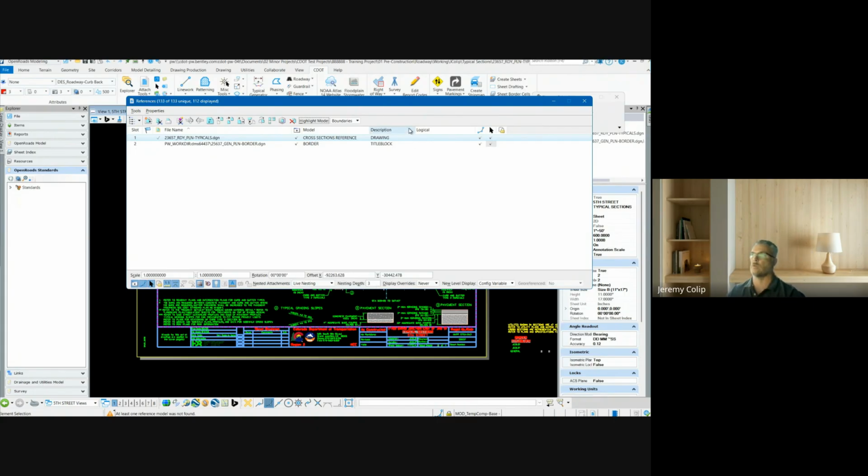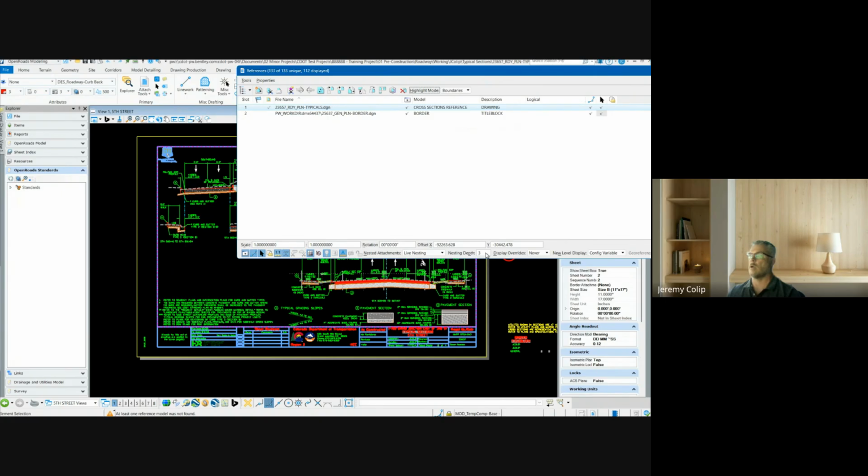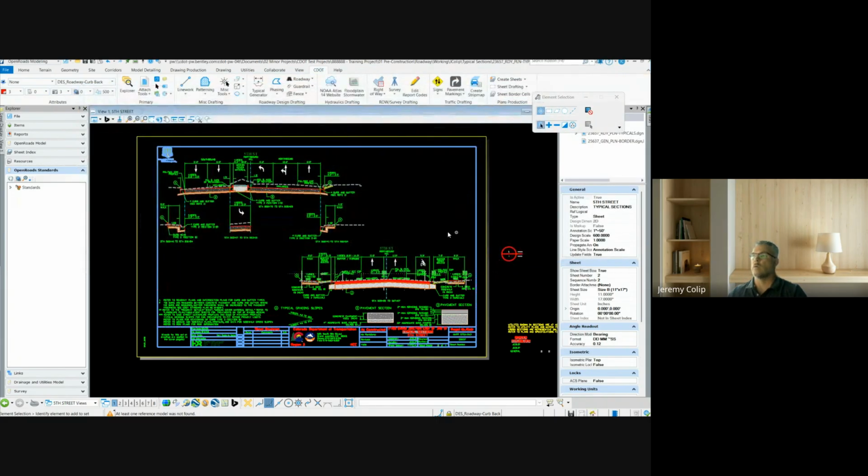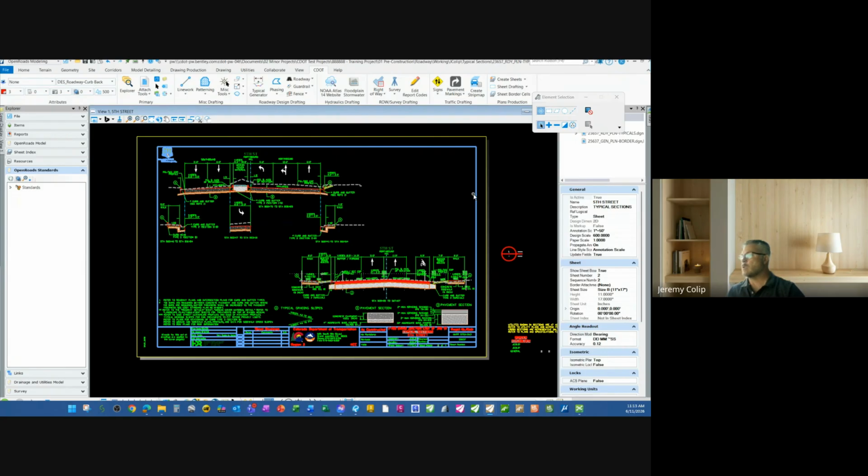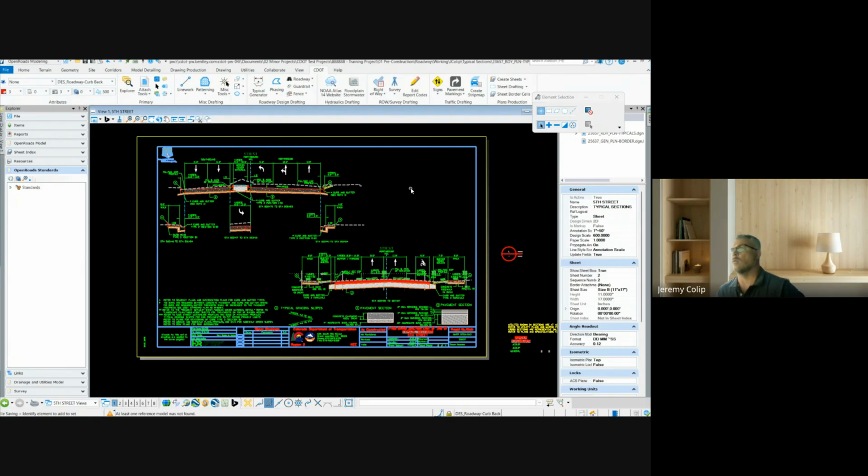If it's 2, nothing's going to show up in here except my dimensions. My cross sections go away, because I need my cross sections to represent my typicals to come across into my typical section sheet itself. So with that said, this is a real live project, was used on a project, as you can see, and I don't want to go too far with that, but